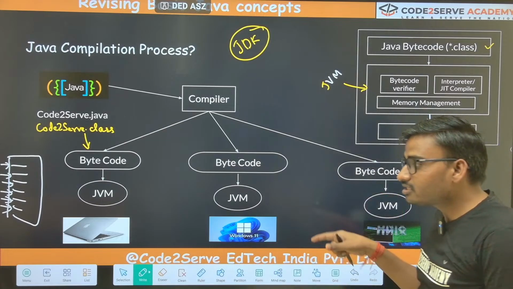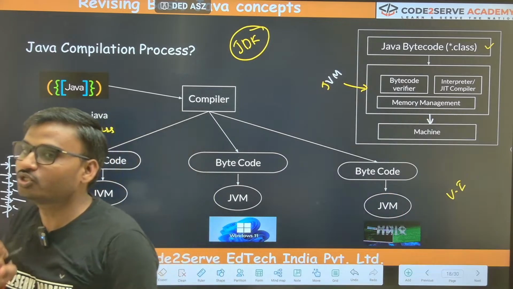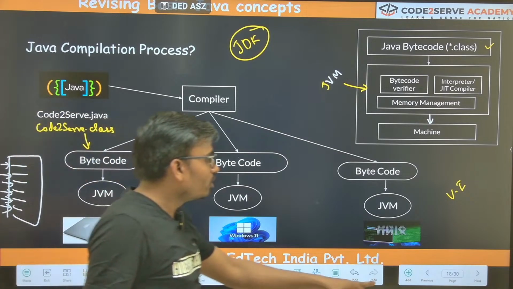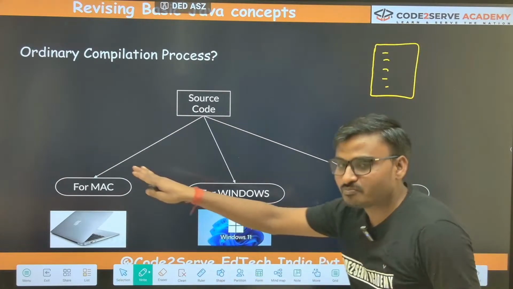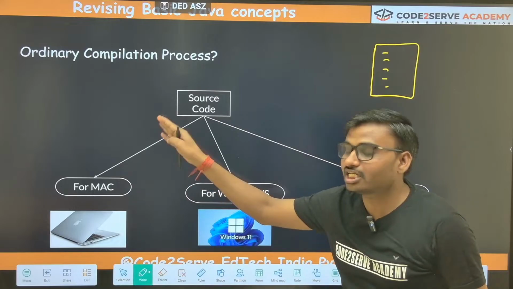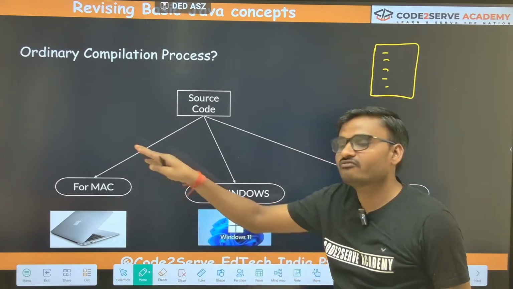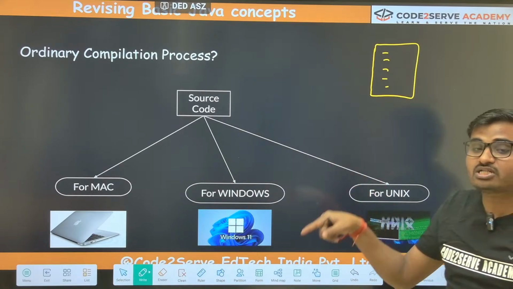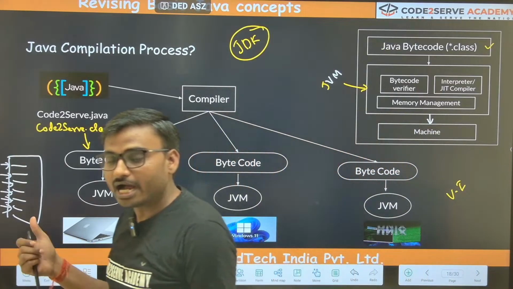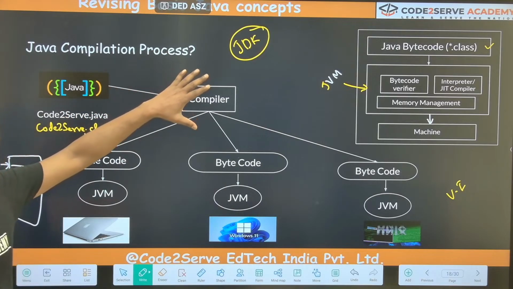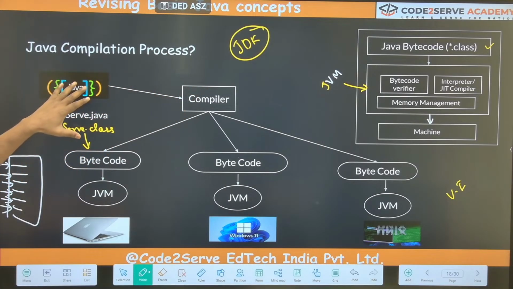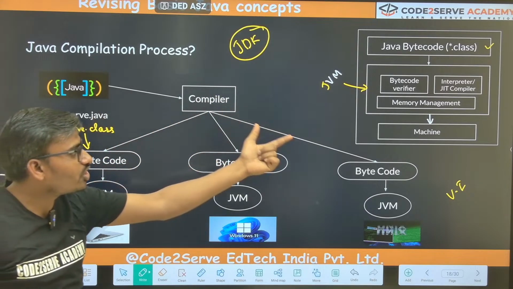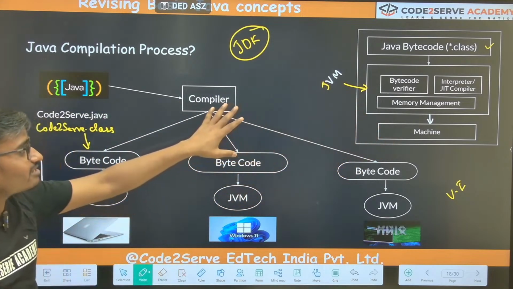Now, here the most important concept comes that you have to understand. Initially, what was happening? Whenever we had to run on a platform, we were writing a completely new code base for that platform. But here the picture is a bit different. You wrote in only one language, that is Java, with the .java extension. You wrote only once, and what happened? This is what the JVM is doing.